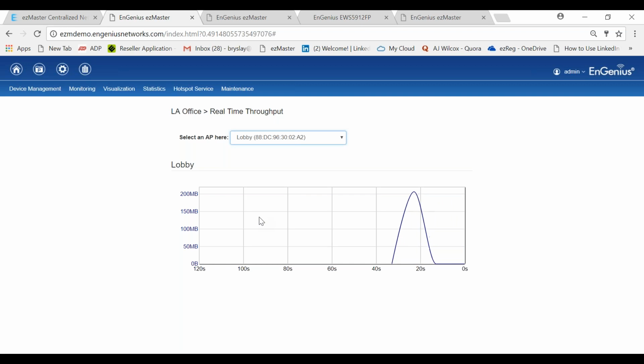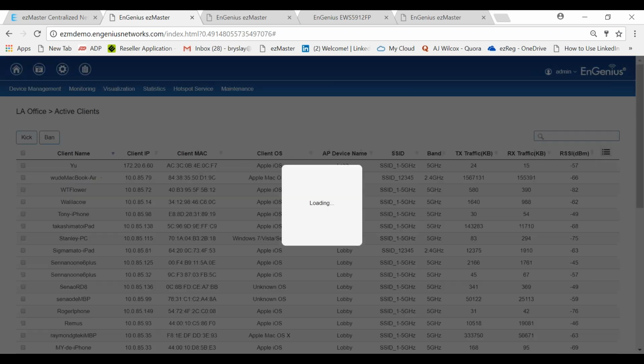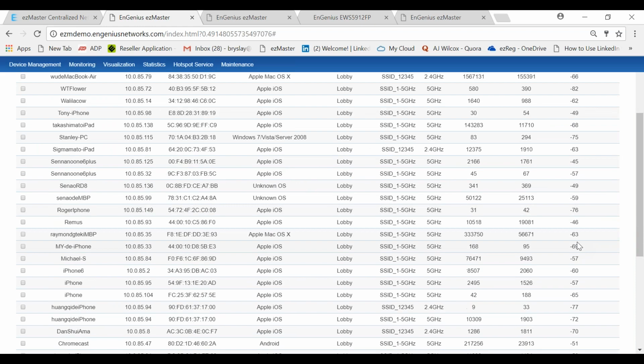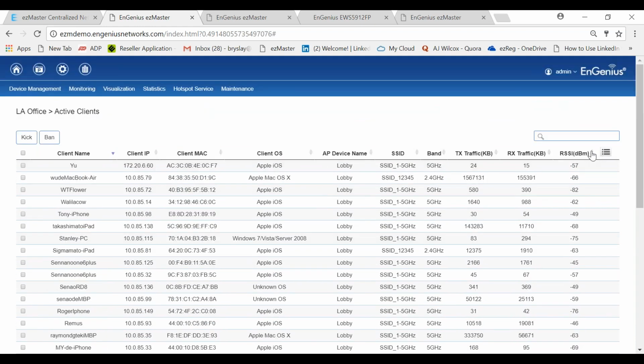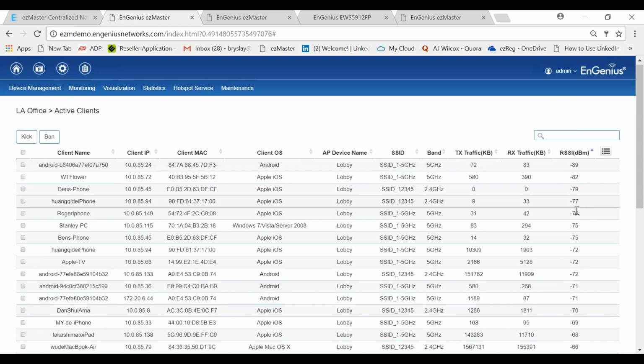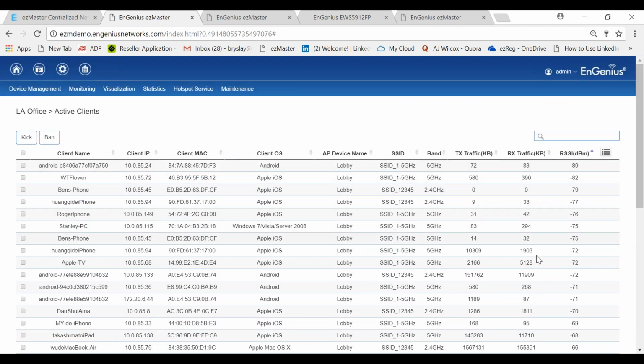You can also resolve wireless client issues. Again, I would go to monitoring and go to my active clients. Within active clients, I can look at the RSSI dBm and understand if they have a weak signal. I can sort this by RSSI threshold, and I can identify quickly who has a weak signal.